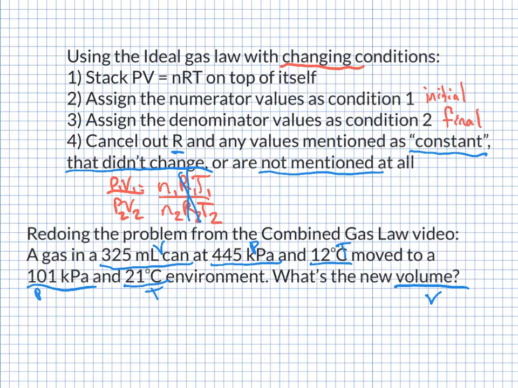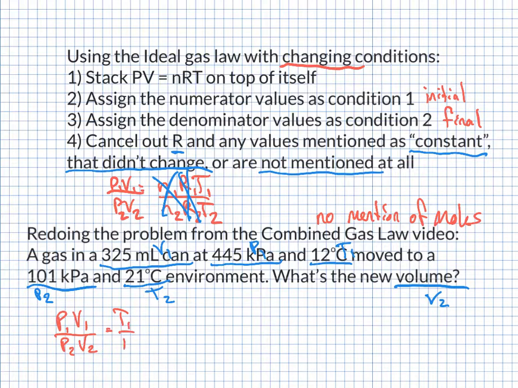Okay, so I've got a V1, a P1, a T1, a P2, a T2, a V2. If I am looking at my formula up here in red, I have V's, I have P's, I have T's. Moles are not mentioned, right? So no mention of moles. So in my formula, I'm going to cancel that out. I don't have it. So I can rewrite what I've got here as P1V1 over P2V2 equals